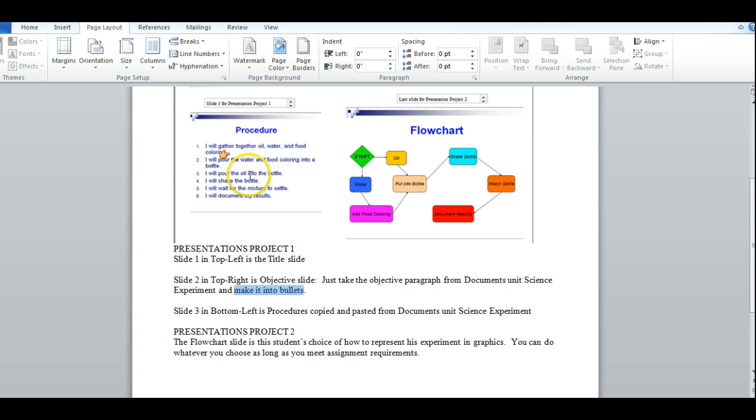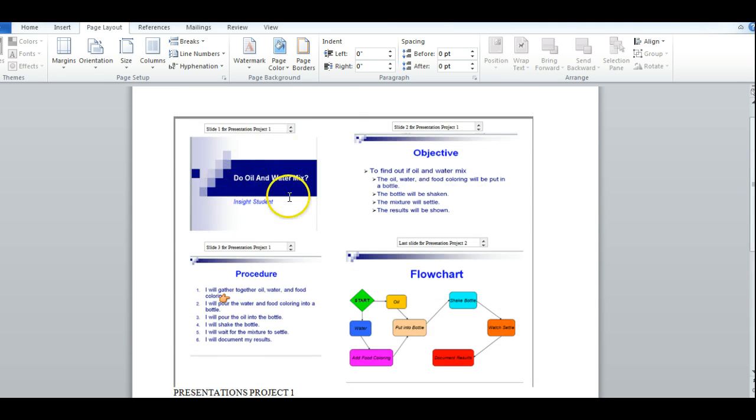Then slide 3, which is this one, is a procedures list, and you copy your procedures list from the documents unit, and you just make sure that it has numbered bullets. So again, slide 1, which is this one, slide 2, which is this one, slide 3, they go together to make up